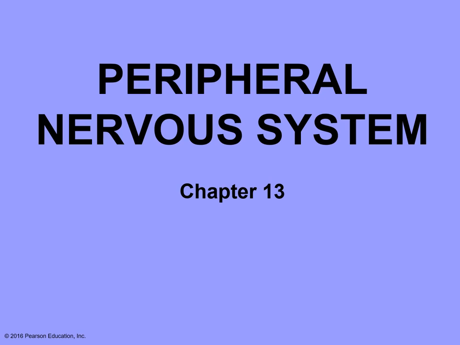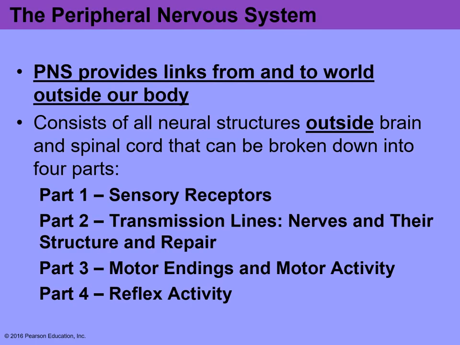This is Chapter 13, which deals with the peripheral nervous system. The peripheral nervous system is everything that is outside of the brain and the spinal cord. So it's going to be that link that connects the sensations and what's going on outside of you, that environment outside of you, and relaying that information to the brain so that you are consciously then aware of